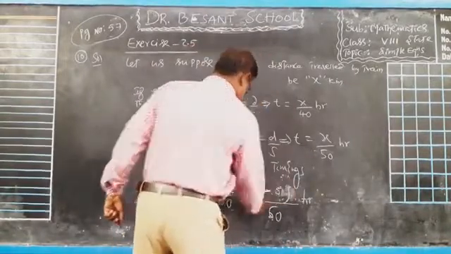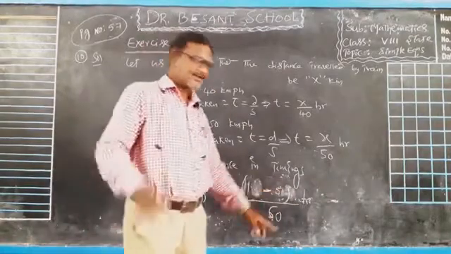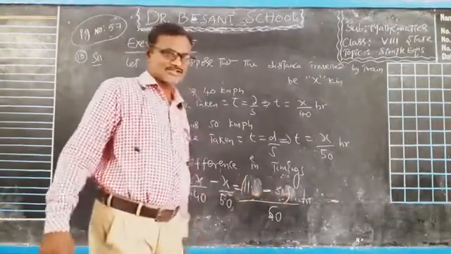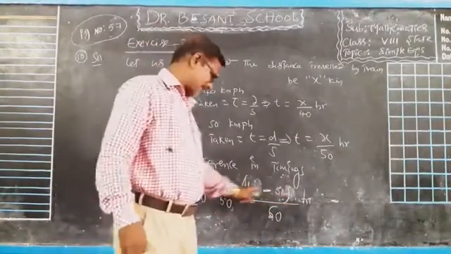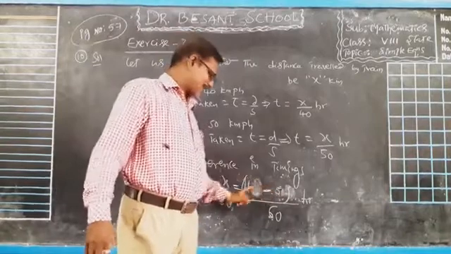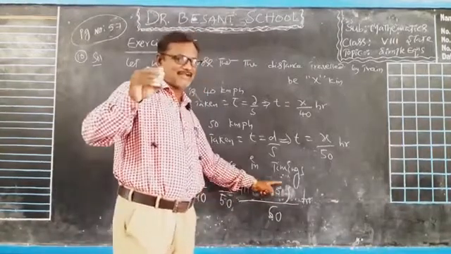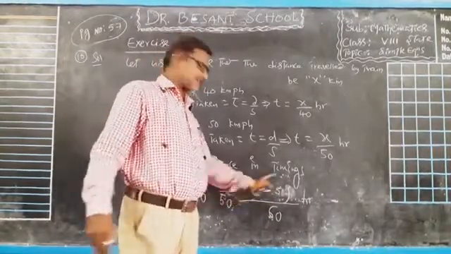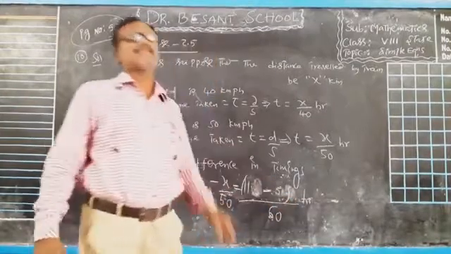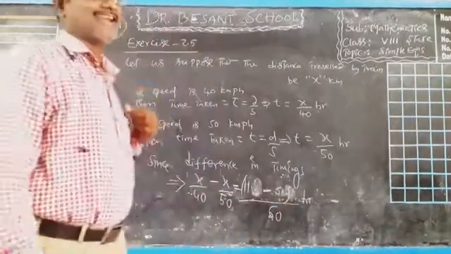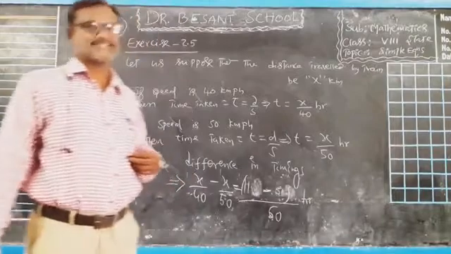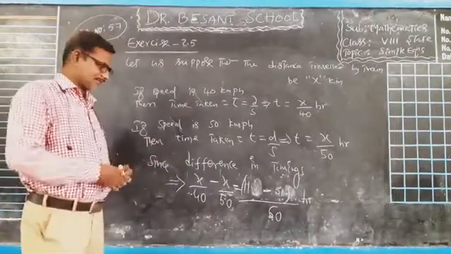So 11 minus 5, no need of writing minutes here. Why? Because we are converting minutes into hours, so that's why I have written hours. So 11 minus 5, the difference in timings. I converted 11 minutes minus 5 minutes into hours, meaning 11 minus 5 by 60 hours. Why? Because 60 minutes equal one hour. When you convert minutes into hours, you divide by 60. Okay children, did you understand?